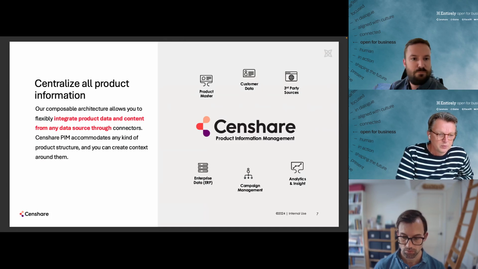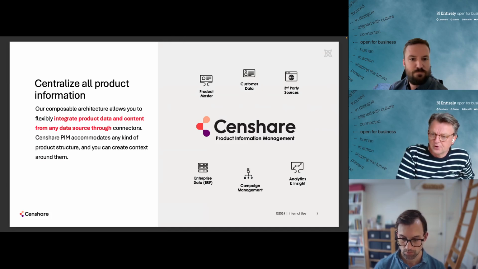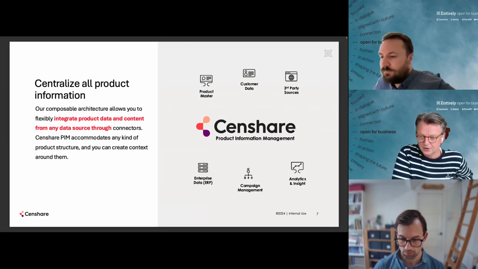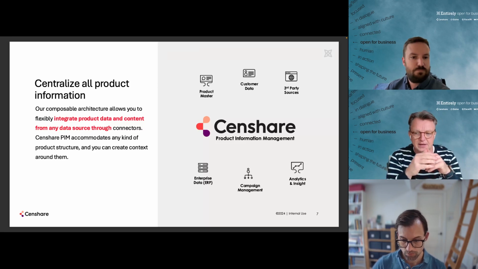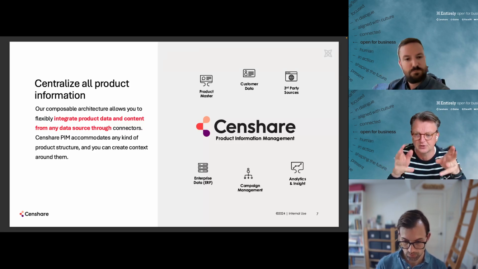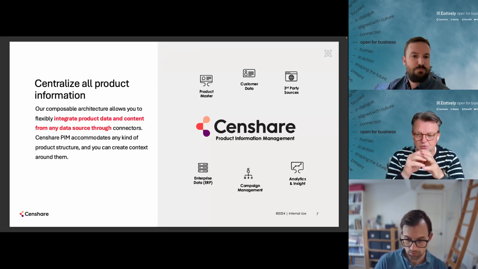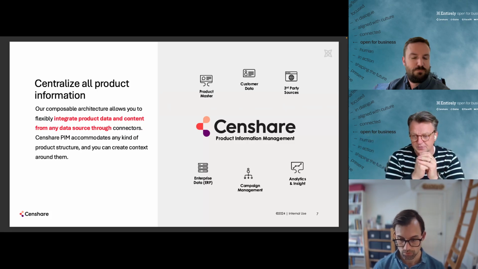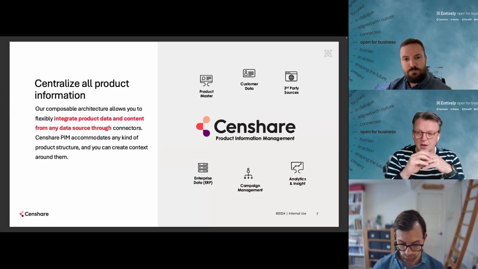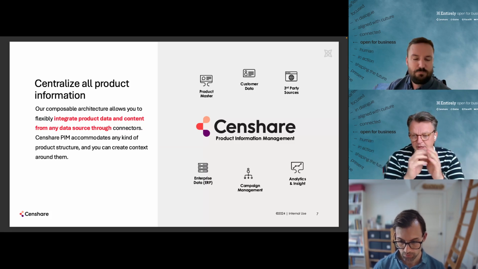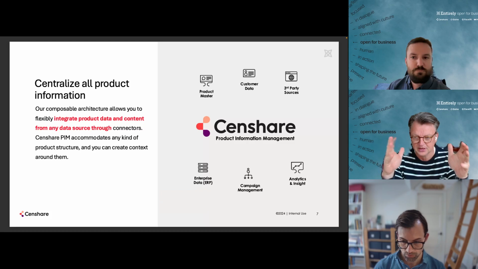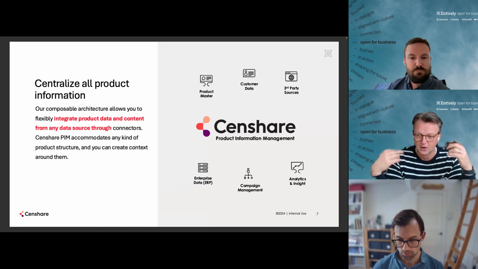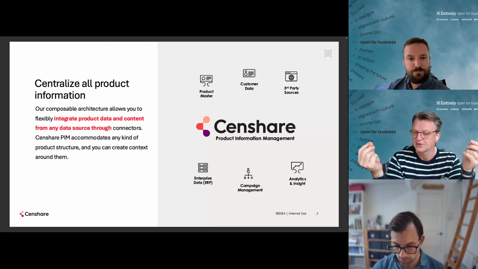Okay. So what we basically do is we centralize all product information and make it available to build your content on. Now, you might understand that if you look at PIM as such, the way we use it, it's mainly used to fuel and create content with. So you might have a lot more specific product data coming from your master data management system, but not all of that would be necessary in order to create your content. So we take either a strip of that, and we have an MDM as the single source of truth, or